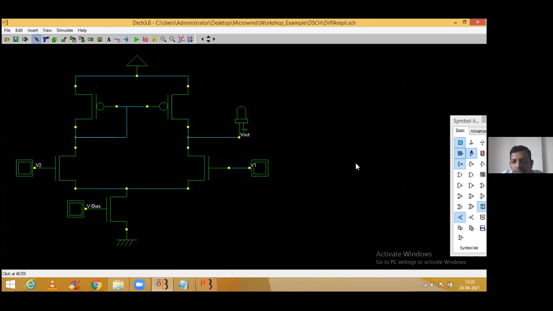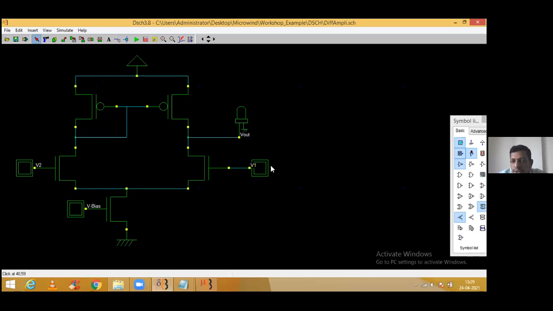Guys, do you understand differential amplifier? Are you aware of differential amplifier? What is V out for a differential amplifier? I'm talking about the generic one, not the CMOS-based one. V out equals the difference between two inputs, V1 minus V2, multiplied by K, the amplification factor. So it amplifies the difference between two inputs, whatever we are assigning. Isn't it so simple?